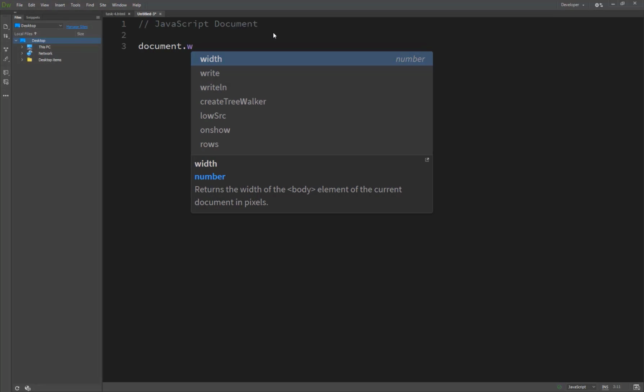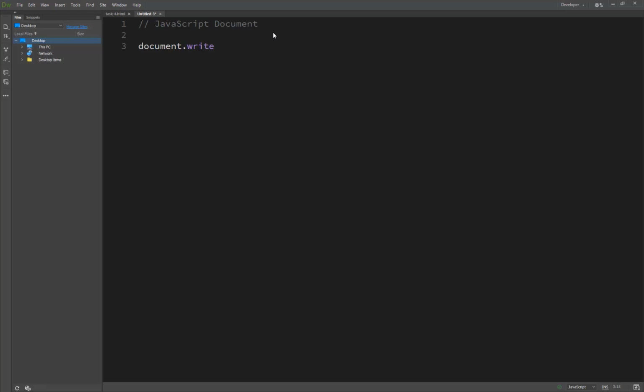Document means the whole document, we are writing something on our document. So document.write and then bracket start, this is the end statement, and inside this we pass a string. So here we just show our task 4.